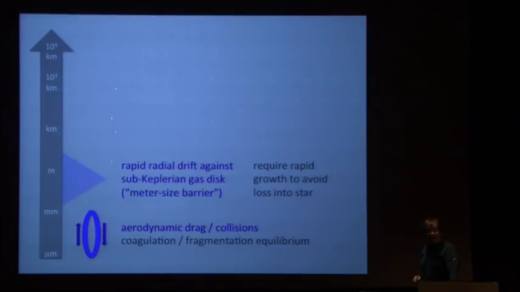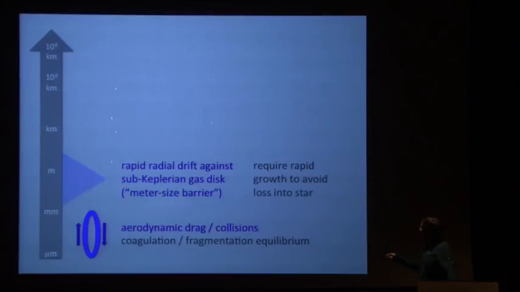And then the dominant effect we think is taking place there is that there's rapid radial drift of these particles against the gas disk. And the physics here is very simple. The gas disk is partly supported by a pressure gradient, so it rotates slightly slower than the Keplerian velocity. The particles are trying to rotate at the Keplerian velocity, so they'll feel a headwind and tend to spiral in